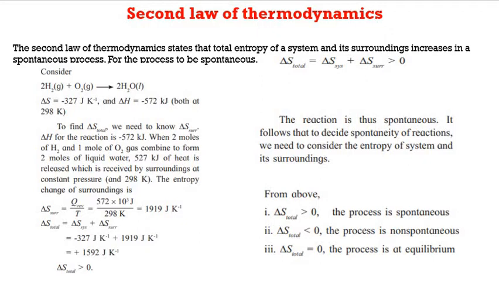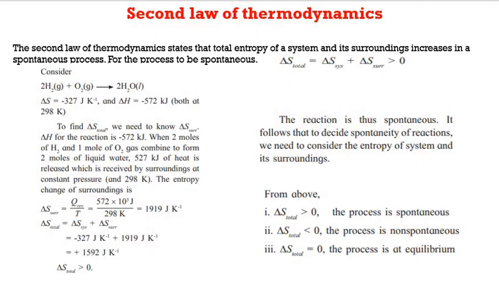To find delta S total, we need to know the delta S value of the surroundings. Delta H for the reaction is given as minus 572 kilojoule when 2 moles of hydrogen and 1 mole of oxygen combine to give 2 moles of liquid water. 572 kilojoule of heat is released, which is received by the surroundings at constant pressure and 298 Kelvin temperature. So the entropy change in the surroundings would be